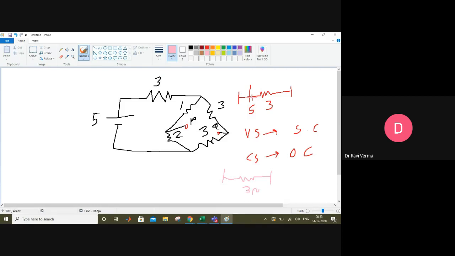Any doubt? No, sir. If it was a current source, it looked like this one. Suppose this was the current source. So the current source will be open circuit. Suppose this is a 2 ampere current source and this is 3 ohm. So the current source will be open circuit. After open circuiting, it will look like this. So you can write here, current source will be open circuit. Again, I have written it one more time.